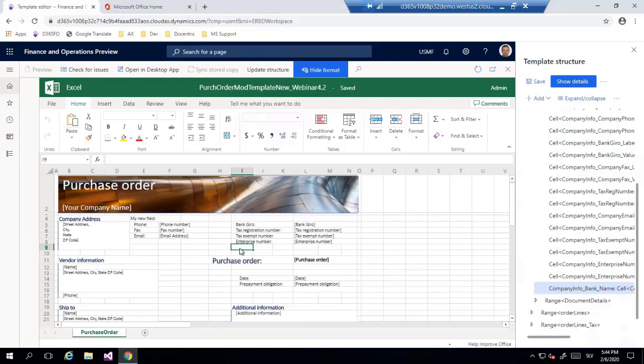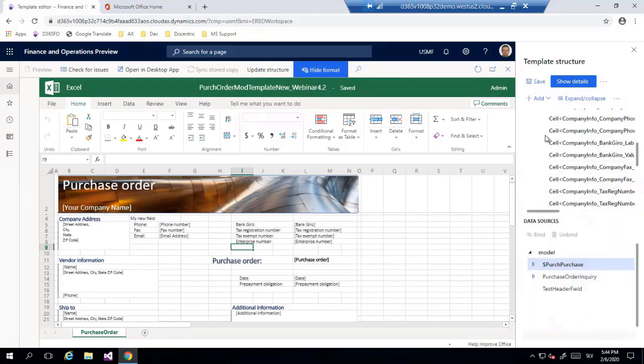Now I have to provide the binding. I need to say from where to bind the value. Now, do you think it is intuitive? I really don't. We would go here. No, we would go here and say show bindings. Now we will see something very similar to the structure of the Docentric designer, the fields above and the bindings below. We want to point to purchase,